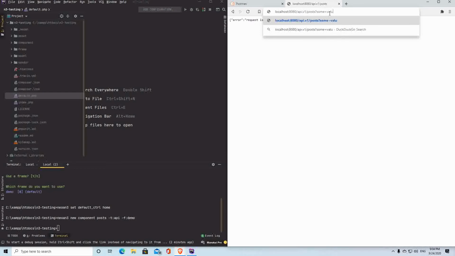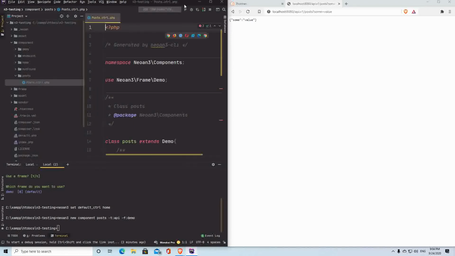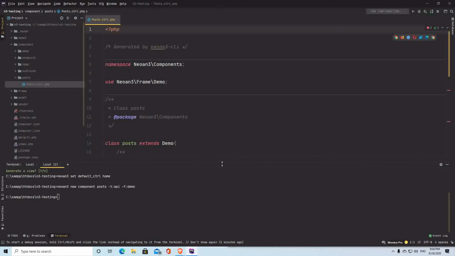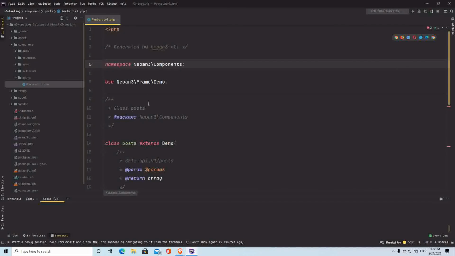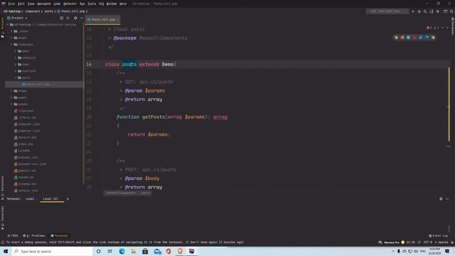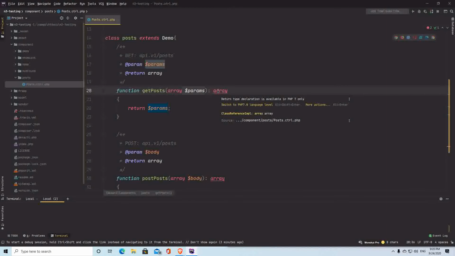Okay, so let's first of all look at how that looks. So in our posts, all right, a little bit of introduction maybe in case you're not familiar with neoan3 too much. So posts is basically the controller we're running. It extends demo, that's the frame we chose. And then we say, okay, there's a get method, so get posts. It takes params, and this is like